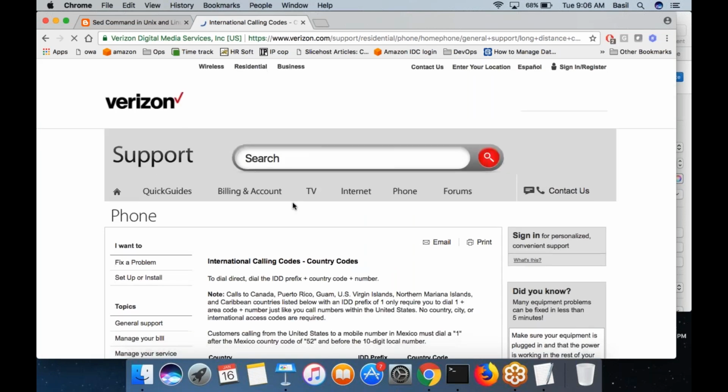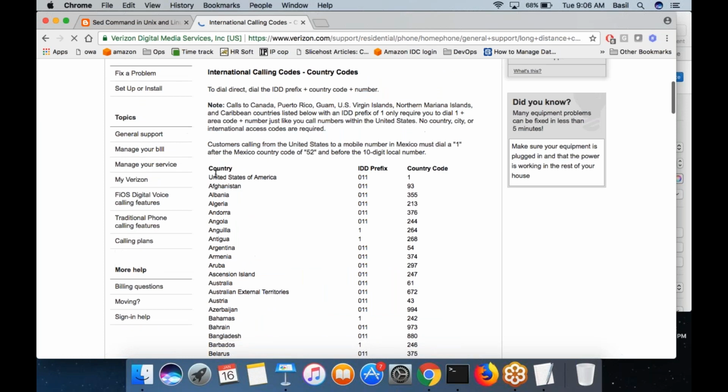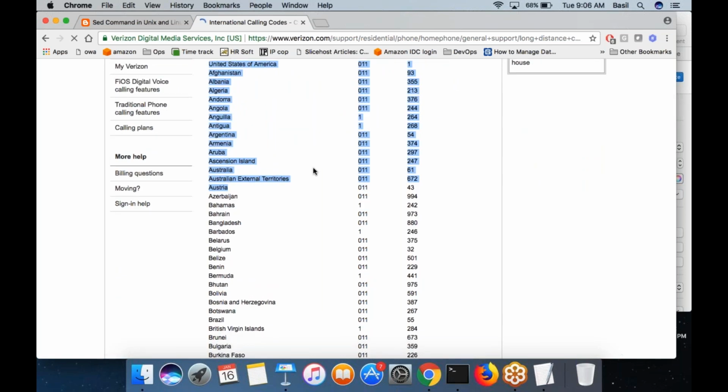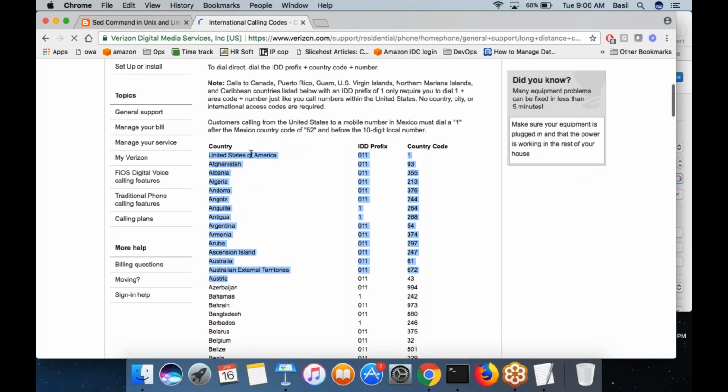So what I want you to do is copy and paste this complete list of country codes into some file in your EC2 machine. And inside that machine, you run some command which will accept this file as the input, whether it is sed, grep, whatever. It will accept this as the input to those commands.